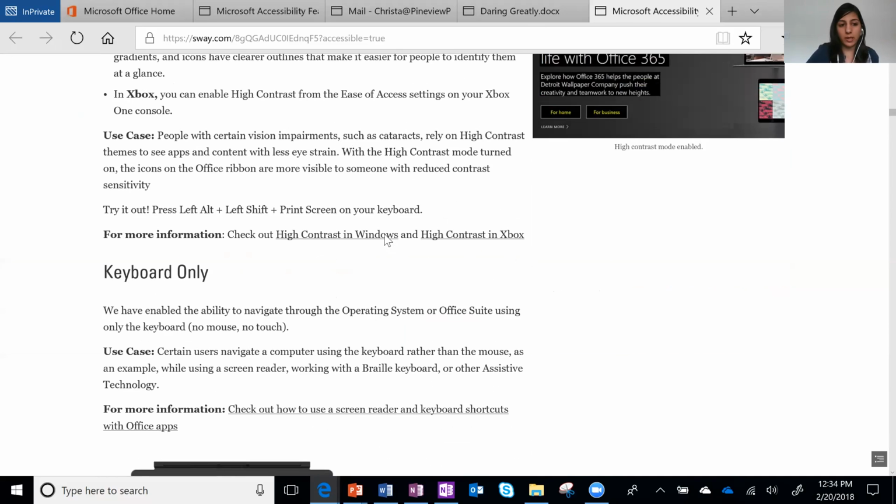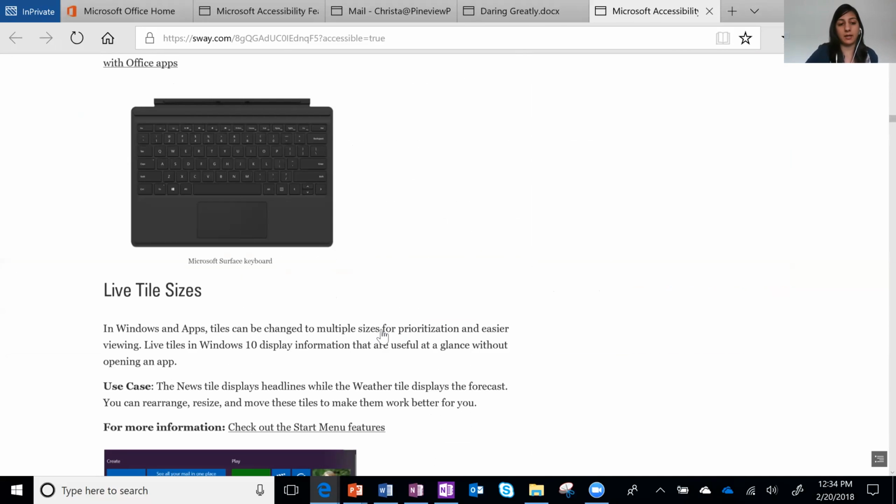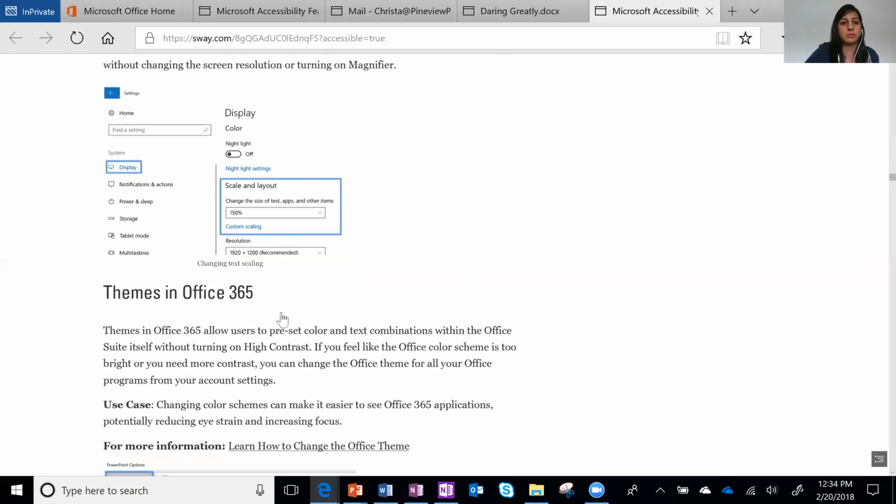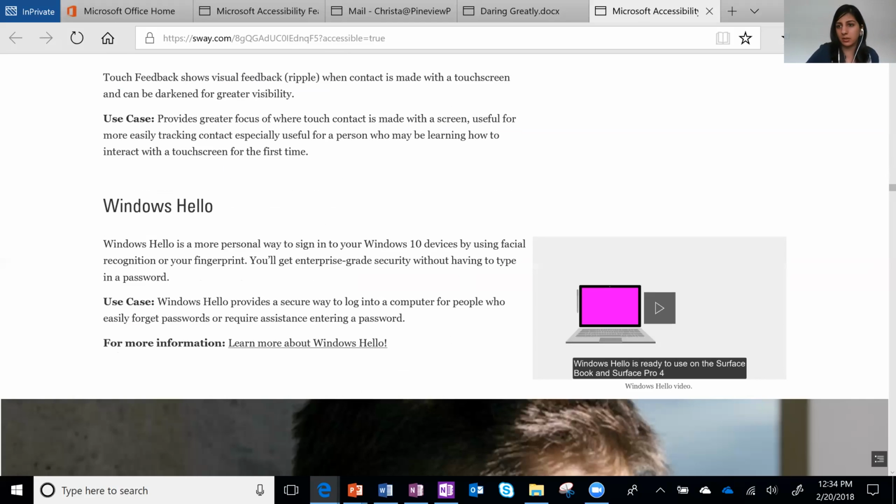So it's a neat way to communicate more inclusively, and technology is doing a lot of the heavy lifting for you because it's breaking it into structure. It's reminding you to add alternative text, for example.